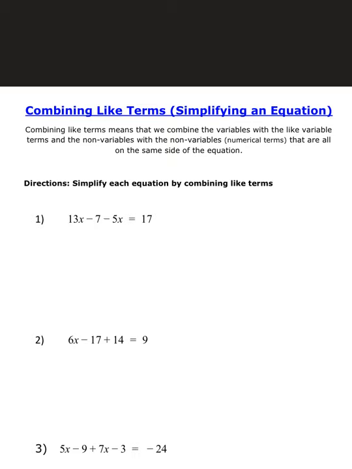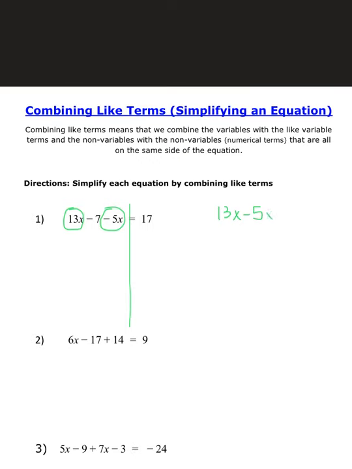If I do my line, okay, I got my line down, the equal sign. Looking at the side that has the variable, I notice there's multiple things going on over here, and there's two terms that have variables. So what I'm going to need to do is take the terms that are like each other, so those two are like each other, and notice when I did my circling, I also circled the operation in front of the term because that goes with it. So if I move that off to the side, what I just circled, to see it clearly, I have 3x